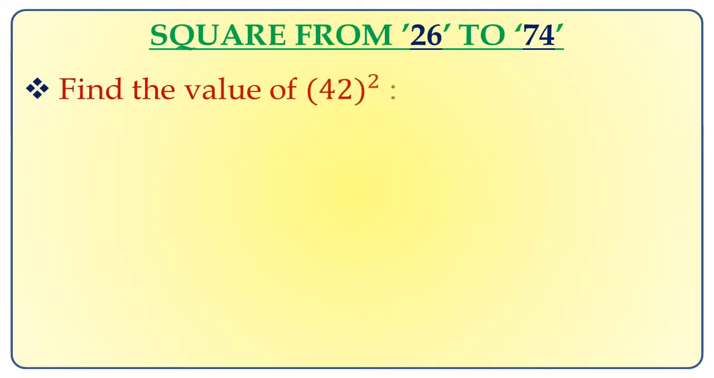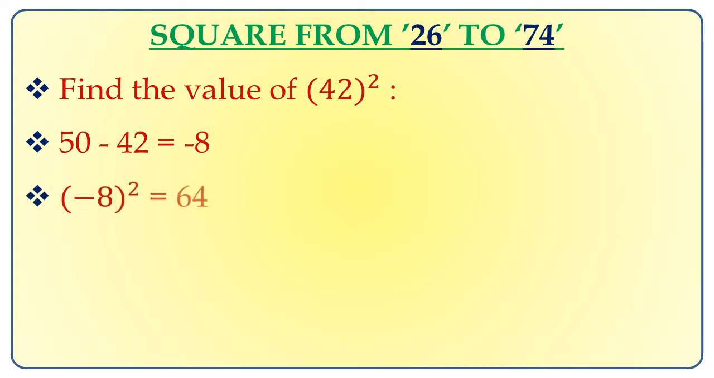One more number is 42 square. This number is again less than 50. Keep in mind that if a number is more than 50, the difference will be positive, and if a number is less than 50, the difference will be negative. So 42 and 50, the difference will be minus 8. Minus 8 square is 64. Then 25 minus 8, it will be 17. So the answer will be